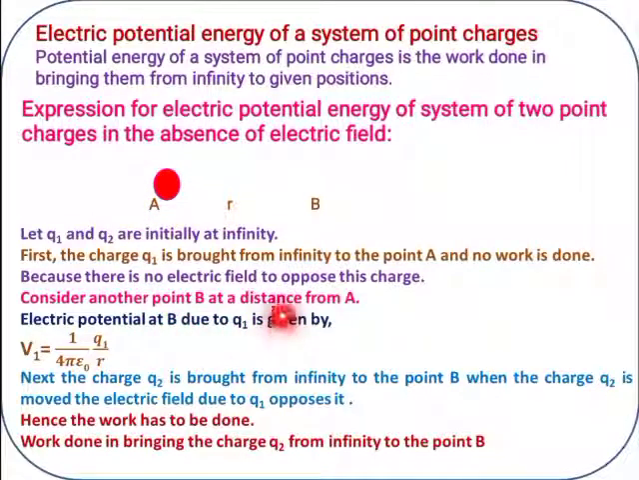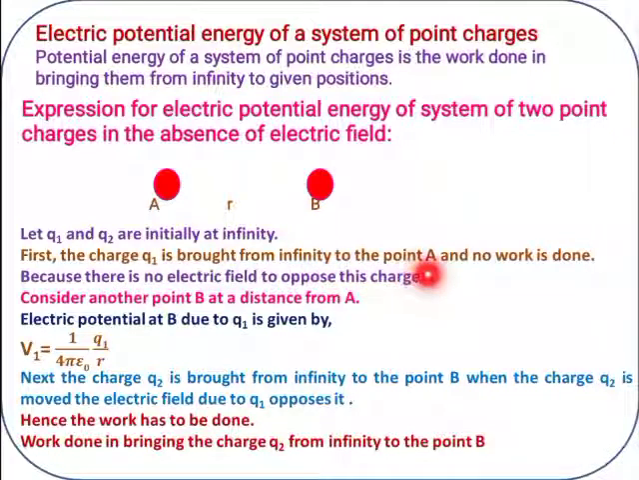Work done is 0. There is no electric field to oppose this charge. That is the reason work done is 0. There is no work done. Next, for the next condition, for point B, here in the first case Q1 is brought from infinity